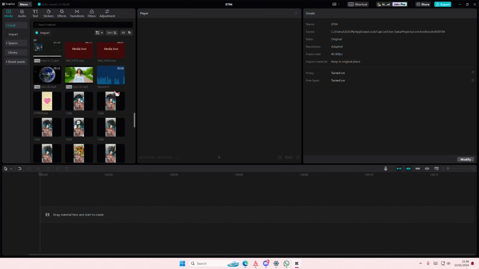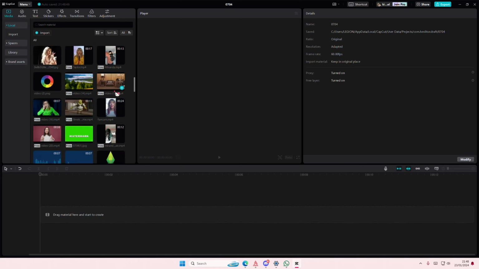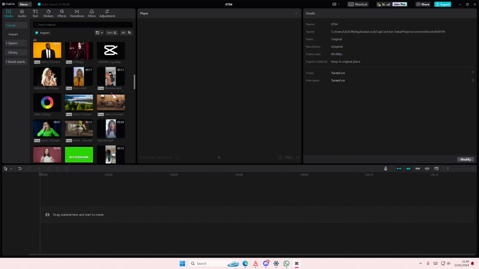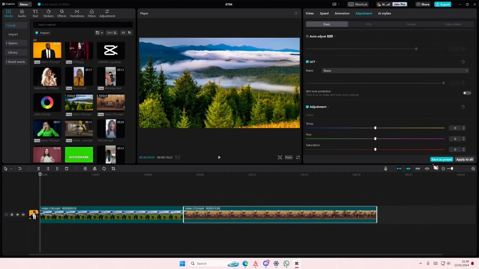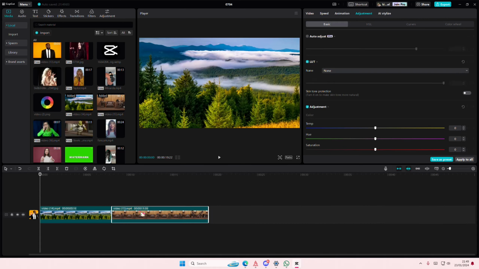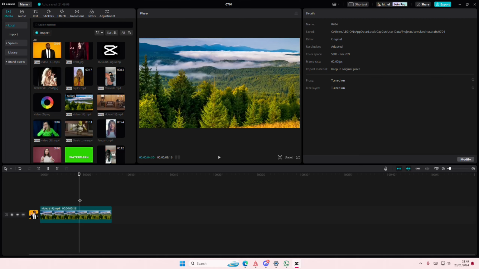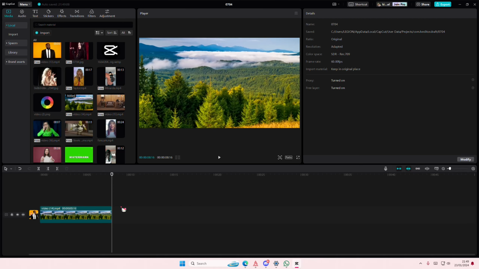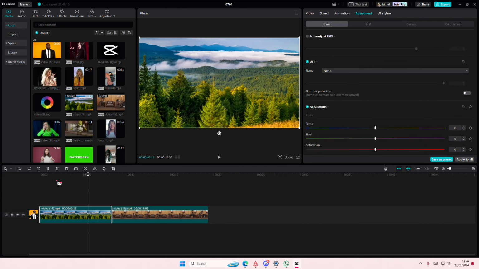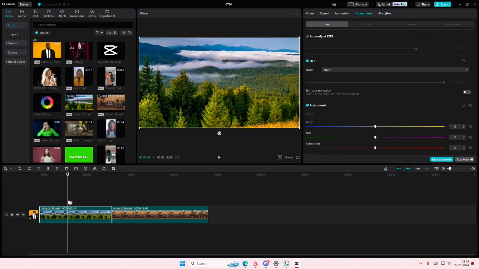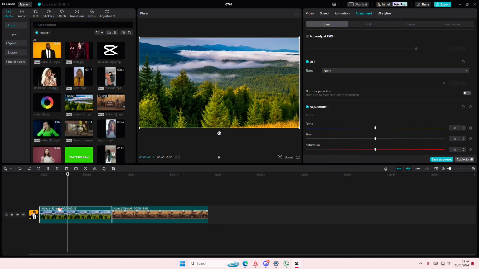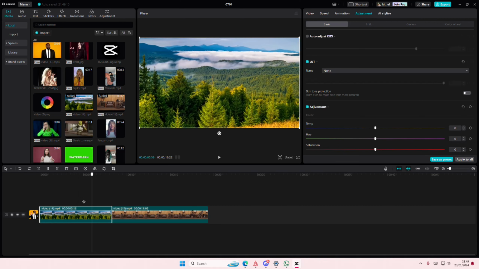In this video I'll be showing you guys how you can add a video transition on CapCut PC. So let's just grab these two videos for instance. You'll need more than one clip. If you have only one clip, you can't add any video transitions, so make sure you have two. You can either separate this clip so there are two parts, or you can add in another clip